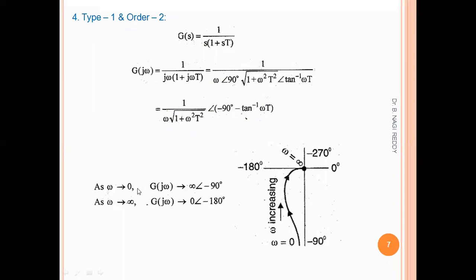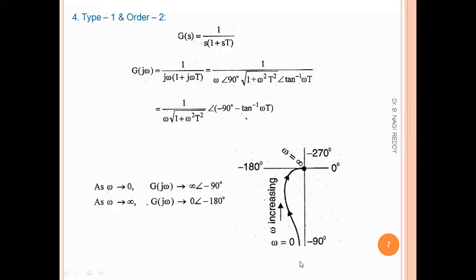Now substitute omega is 0 and omega is infinity and get the magnitudes and respective angles. And you can see if you substitute omega as 0, you can see 1 by 0. 0 into anything will be 0, right? So 1 by 0 is nothing but infinity. So that means the magnitude is infinity. So at omega is 0, the waveform has to come from the infinity point, and the angle we got is minus 90. So this is minus 90 line. So from minus 90, it has to come, the magnitude is at infinity. So that's why the shape is coming from infinity. So it won't touch minus 90 line. It won't touch minus 90 line because of the infinity magnitude.